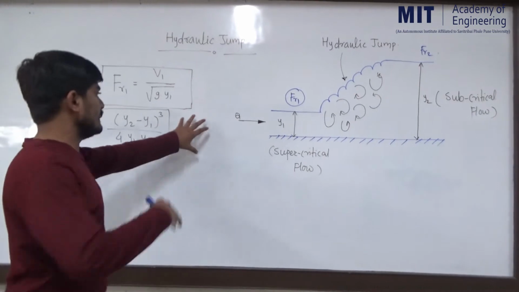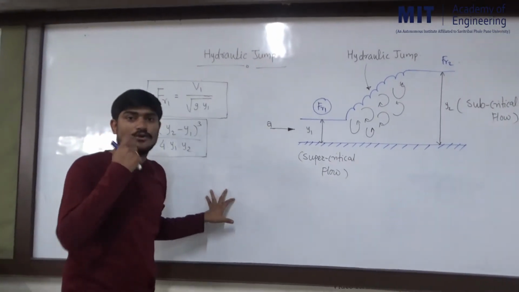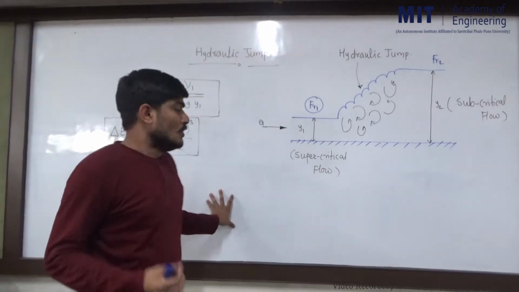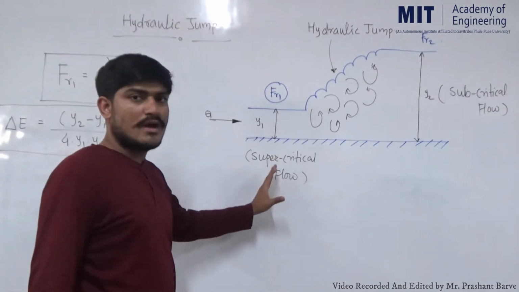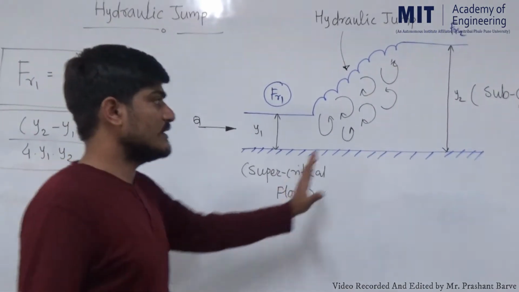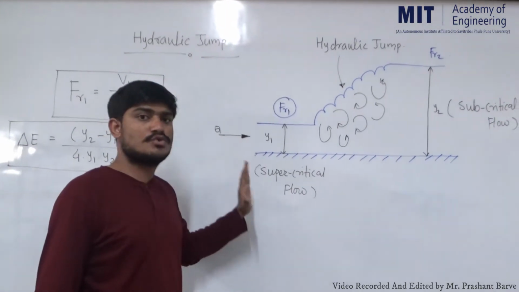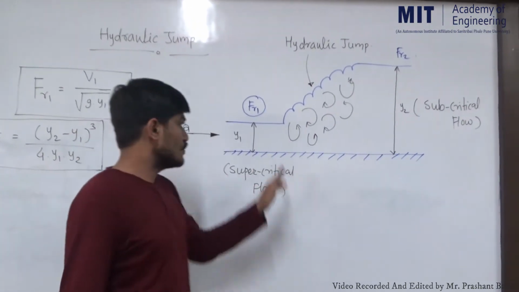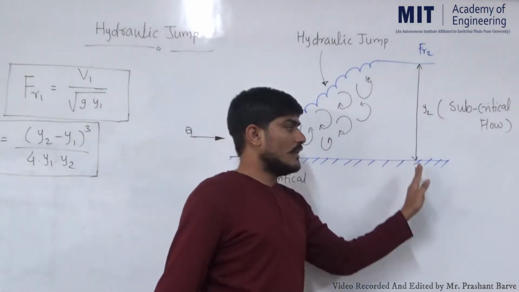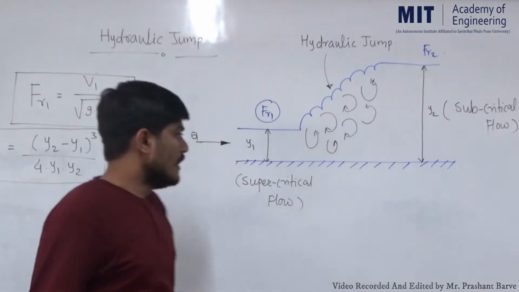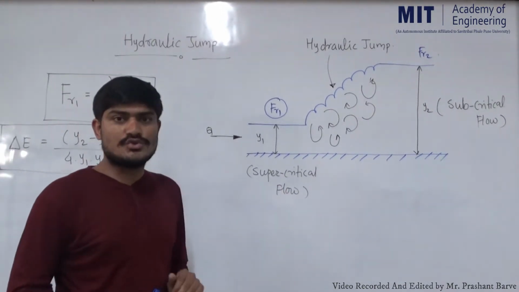Let us come to the theory or discussion prior to the actual start of the practical. So we know that this is again the hydraulic jump. This is section number 1, the supercritical section. This is the subcritical section. The hydraulic jump is formed. It is a transition from supercritical to subcritical. So this will be Y1, the depth at section number 1, and Y2, the depth of flow at section number 2. Practically, how can we determine the head loss taking place between these two sections?